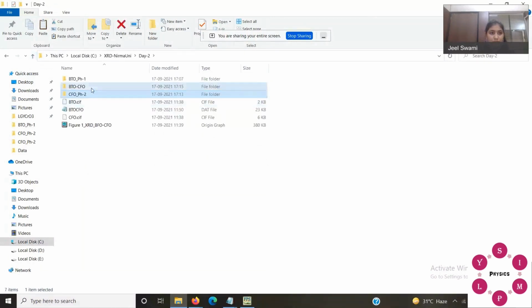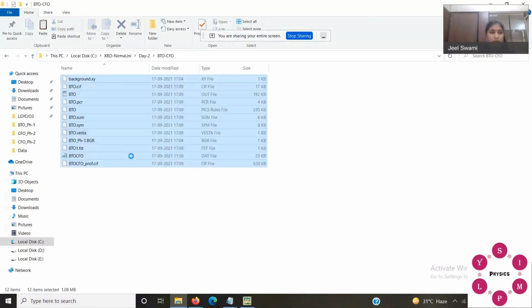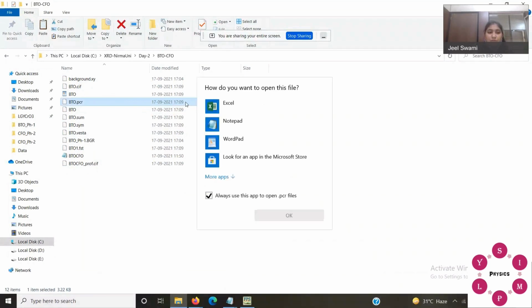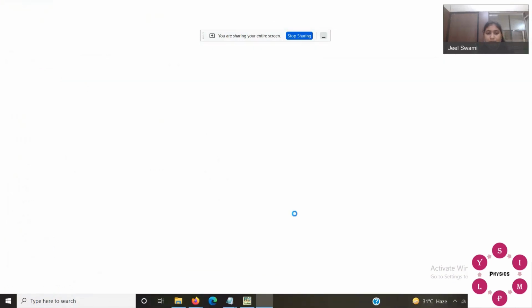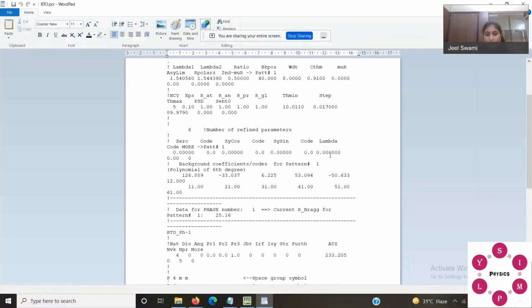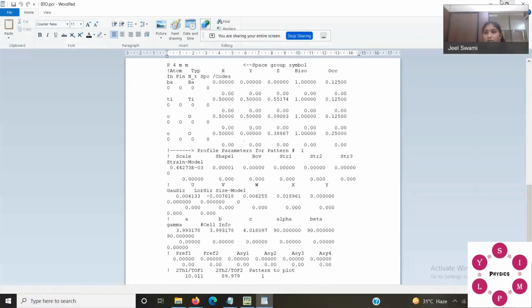Paste in here and go to the first phase PCR file, which is the BTO PCR file. So open it in your WordPad. So you get these numbers and all.